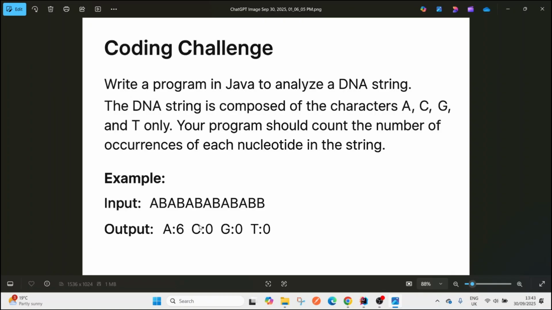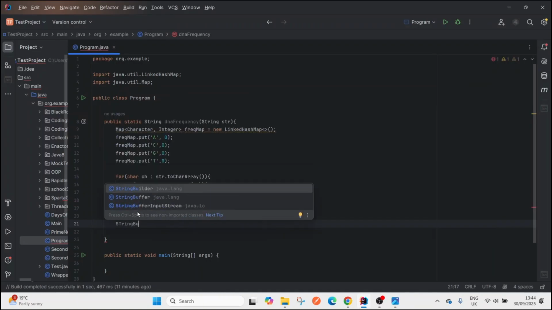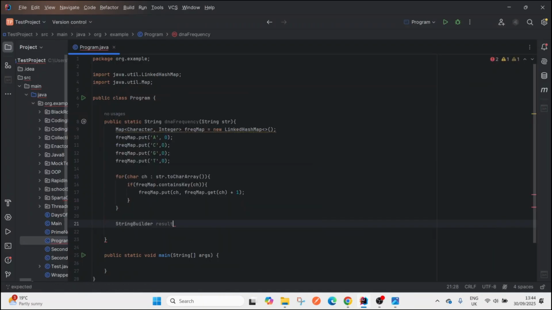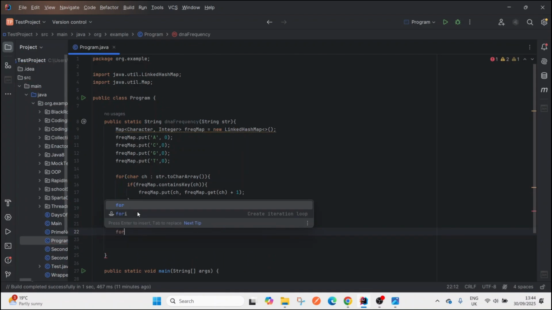Then there's a space, then again the letter, colon, and the count. So I need to build this proper format for my result. For that, I'm using a string builder result, new string builder to maintain that format. To build the format properly, I'm using a for each loop